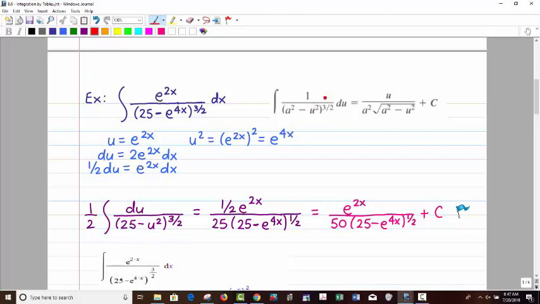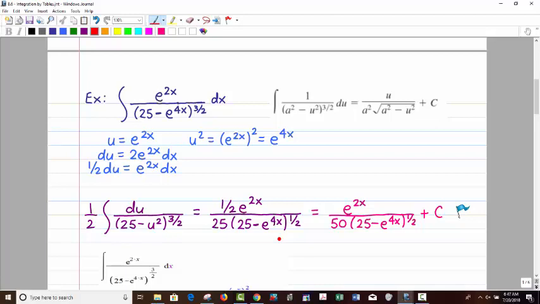And then now it looks just like this situation right here. So it's going to be u, but in our case 1 half u. So it's 1 half e to the 2x. And then you have a squared, which is 25 on the outside. And then a squared minus u squared. So you have 25 minus e to the 4x on the inside